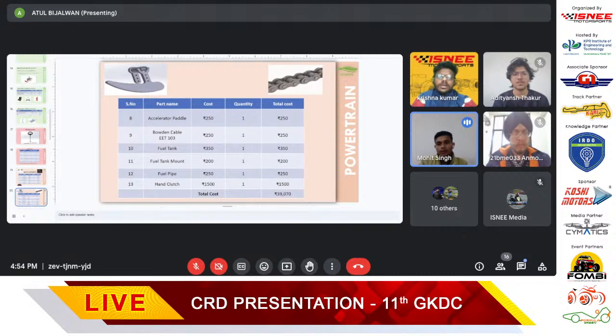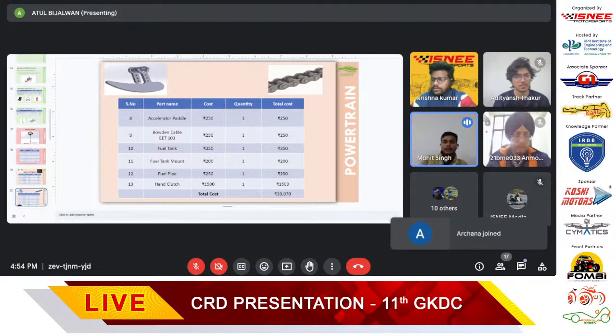Accelerator pedal of 2000 250 rupees, board and cable of 250, fuel tank of 3000 350 rupees, fuel tank mount 200, fuel pipe 250, and a hand clutch 1500 rupees. Moving forward,